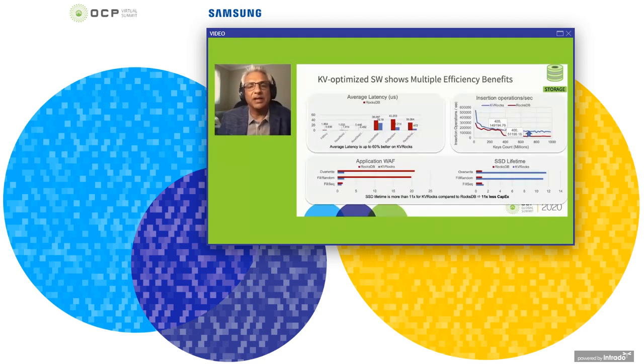It's shown even better on the next slide, where we have looked at the RocksDB NoSQL database and typical benchmark queries performing on that. And we show 4 dimensions of benefit here. On the top left, we show 60% improvement in latency. On the right, we show not only better throughput quality, but less jitter as well. And in the bottom, we show to the left much reduced write amplification factor, which means your flash memory lasts longer, which results in 11x CapEx benefit for data center customers.